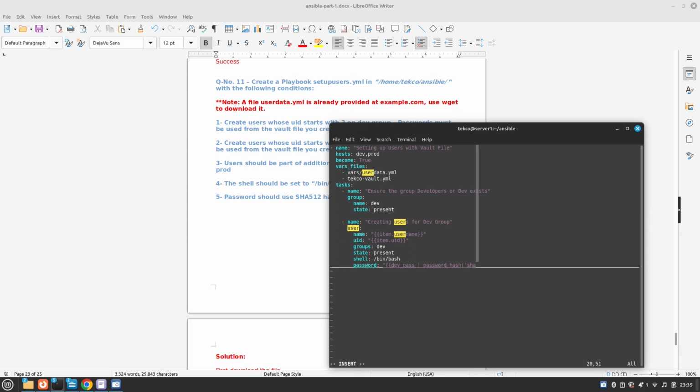SHA 256, and we need to close this. I think there are two brackets. So dev_pass converted to password hash of this, and yep. So these are two enclosed brackets. Okay. So password is done, and then when